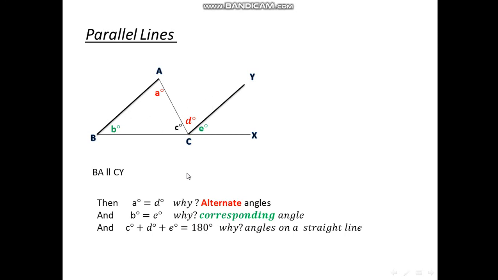So along these two parallel lines, the distance between them is always the same. That's why they are always the same distance apart. They never intersect. This is the meaning of parallel lines. So these rules we took before, but they're part of our new subject today. A is always equal to D because they are alternate. See, they're the same color, red, and the B